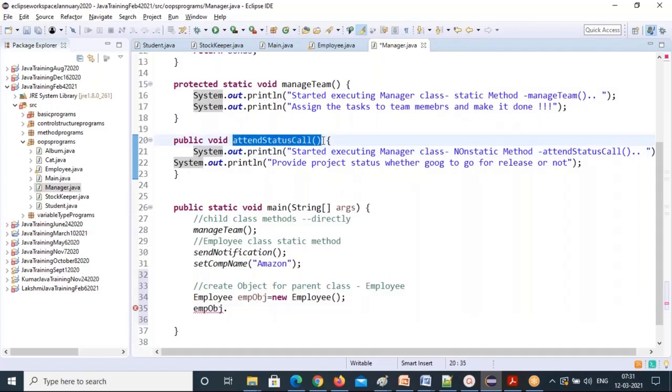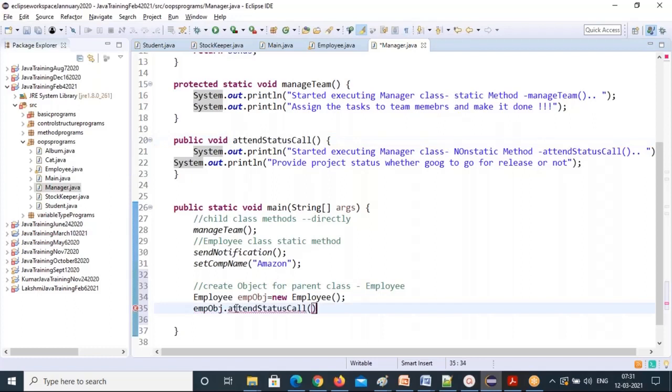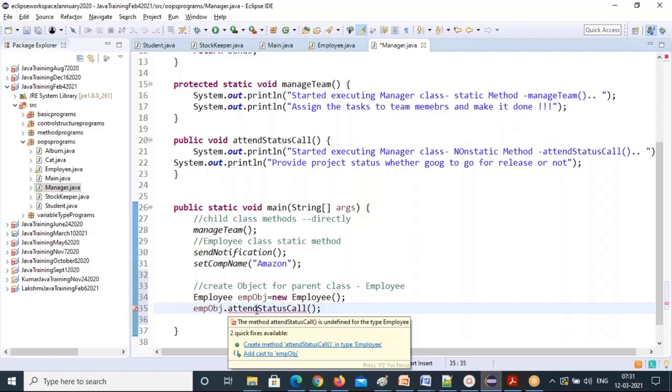With the parent class object, you can access only parent class methods, not child class methods. Then how can I do that? If I call this method here, it's not there in that object's memory address. It is clearly showing an error: the method attend status call is undefined for the type Employee. It is looking for it, but this method is not there in that object.